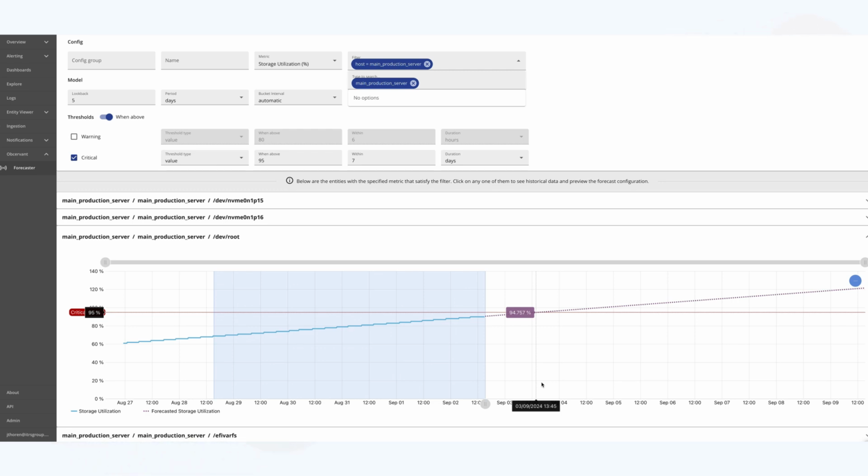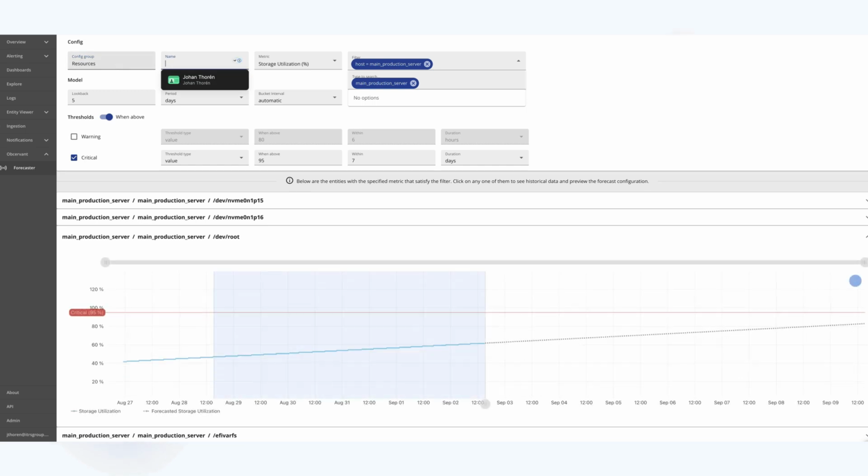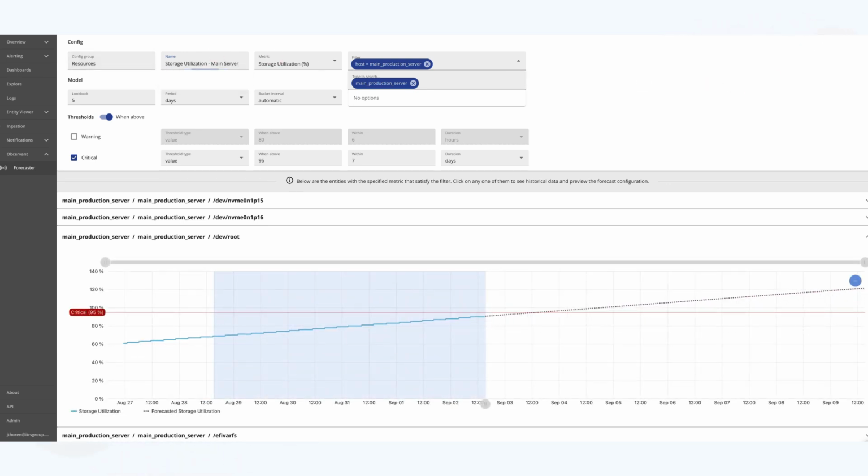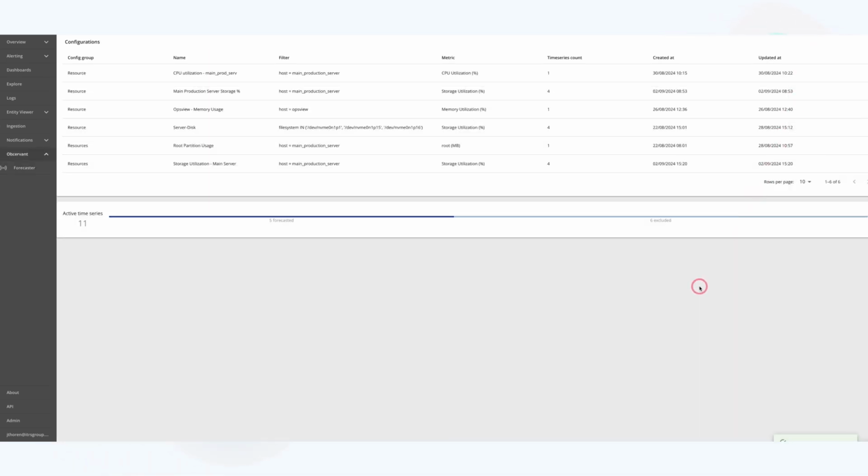If we want to save this forecast, all we have to do is give it a config group and a name. This makes it easy to find, manage, and adjust our forecasts as needed. A centralized view of all your forecasts allows for better oversight and quick adjustments. This means your monitoring strategy can adapt in real time, keeping pace with changing business needs and minimizing the risk